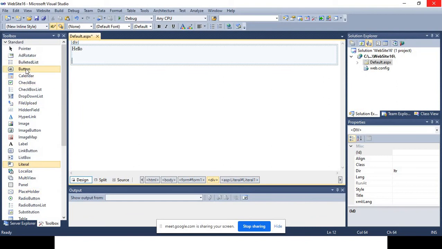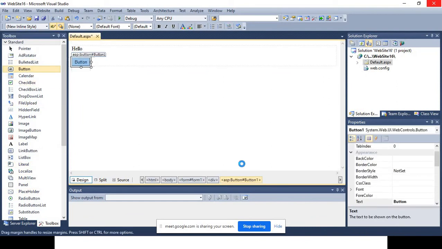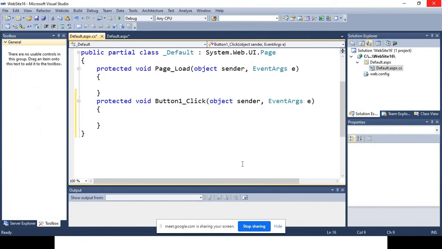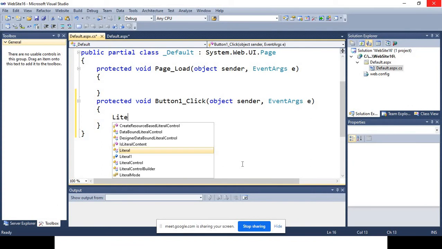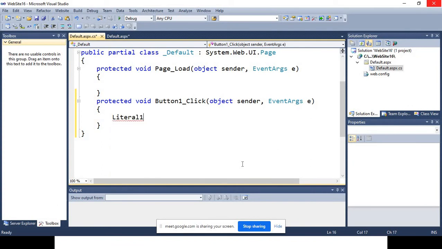On the click event of the button, if you want to change the text of this literal control dynamically, you need to write Literal1. This is the name of our literal control, and its text property we are changing to